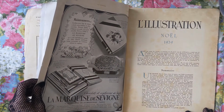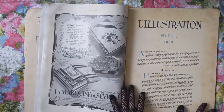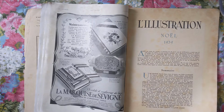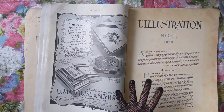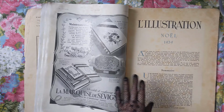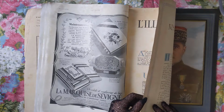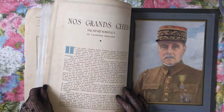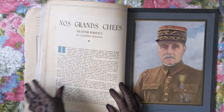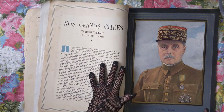Chocolates and candies. Look at that. Huh. So I think this is the start of the magazine. And again, I'm not quite fluent enough to be an expert on reading all of this. This is quite overwhelming for me and my skill level with French, but I kind of get the gist of it. The paper is a lot thicker here too, and this is about our great chiefs, our great